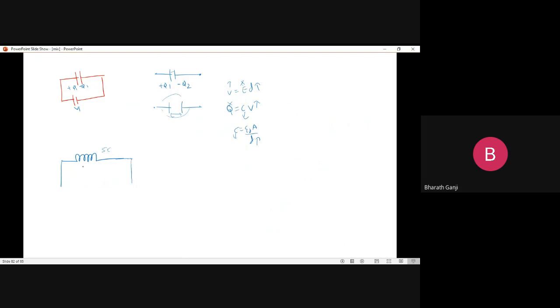Say we have connected the inductor for some time. Say you have connected your battery like this and there is a switch like this, for t equal to some 5 seconds or so you have connected, and after that you have removed it. Now, when you have removed the supply, you have an inductor like this. So if I now ask you the question, with an inductor like this, if I now